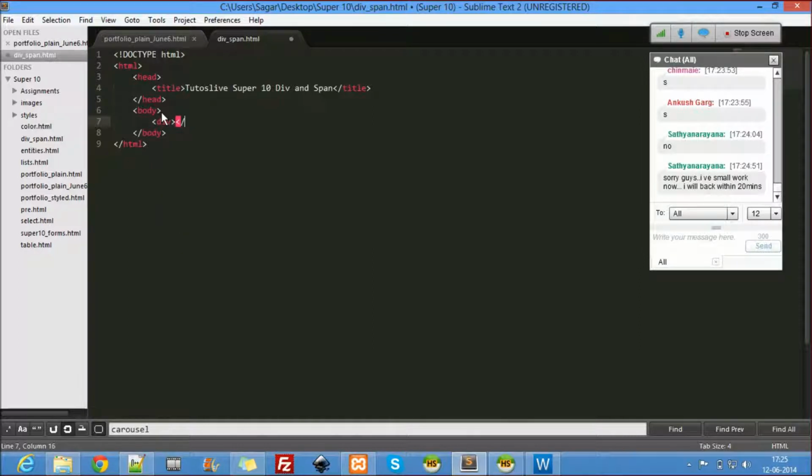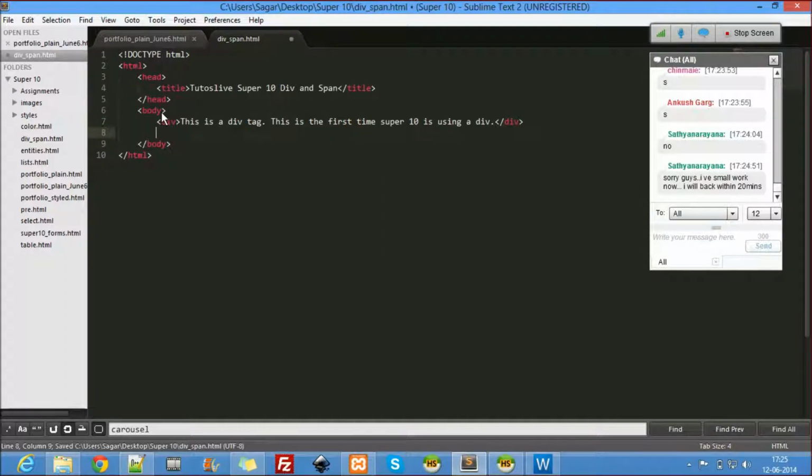So div. This is a div tag, and this is the first time Super 10 is using a div. Then I'll write one more div here.